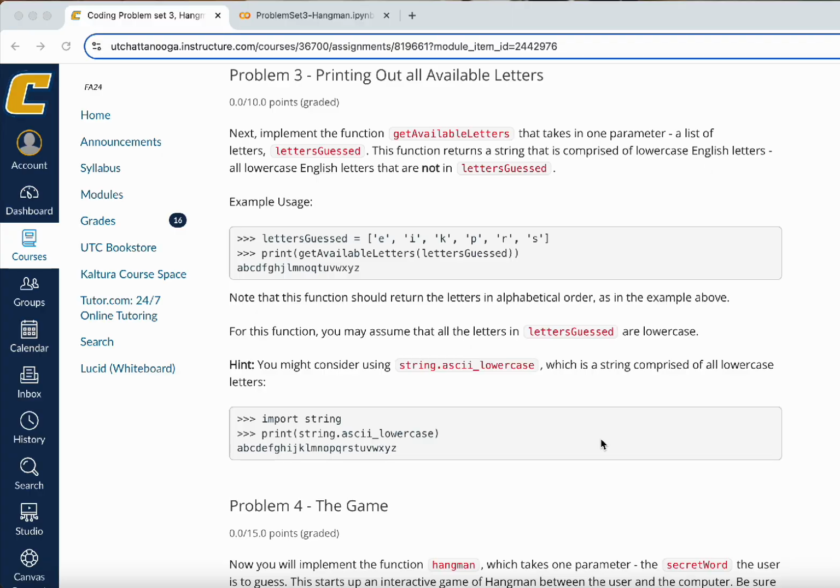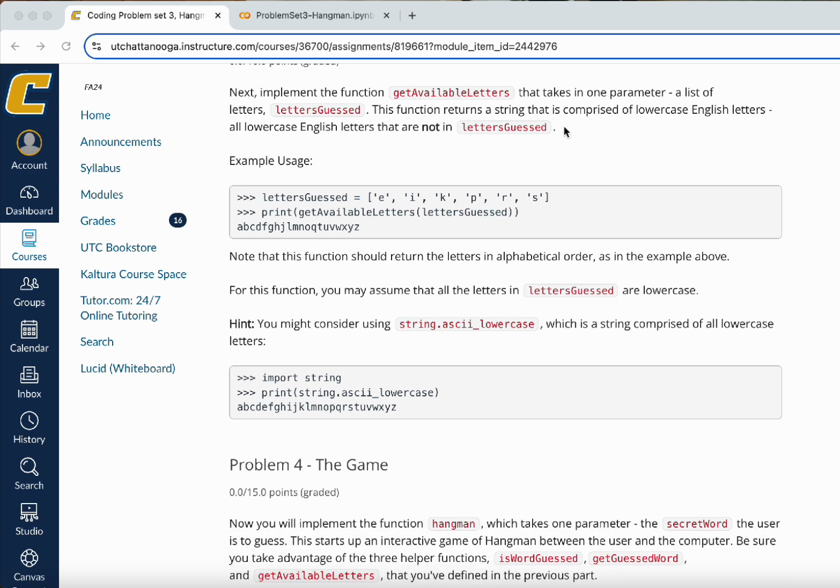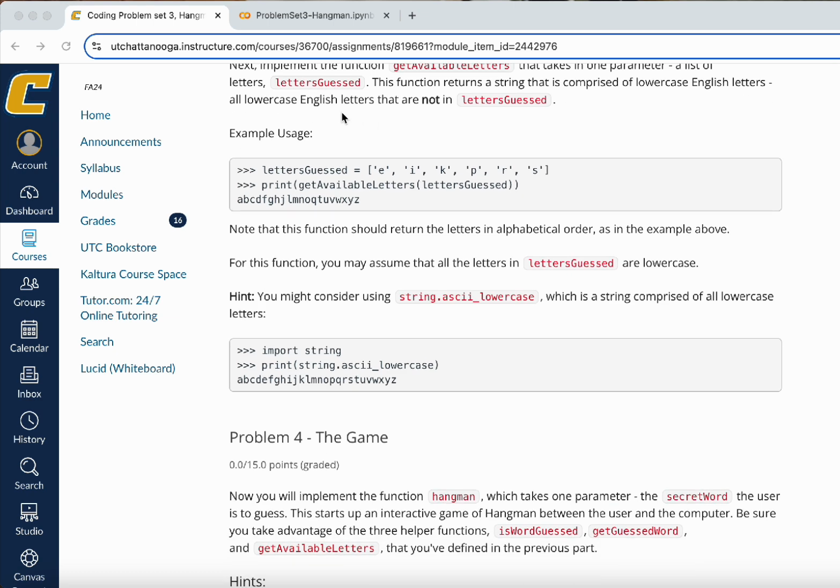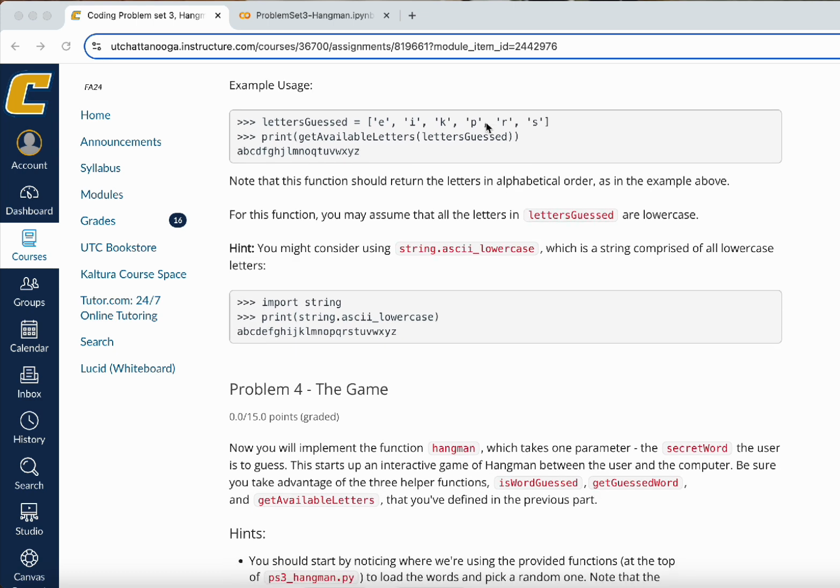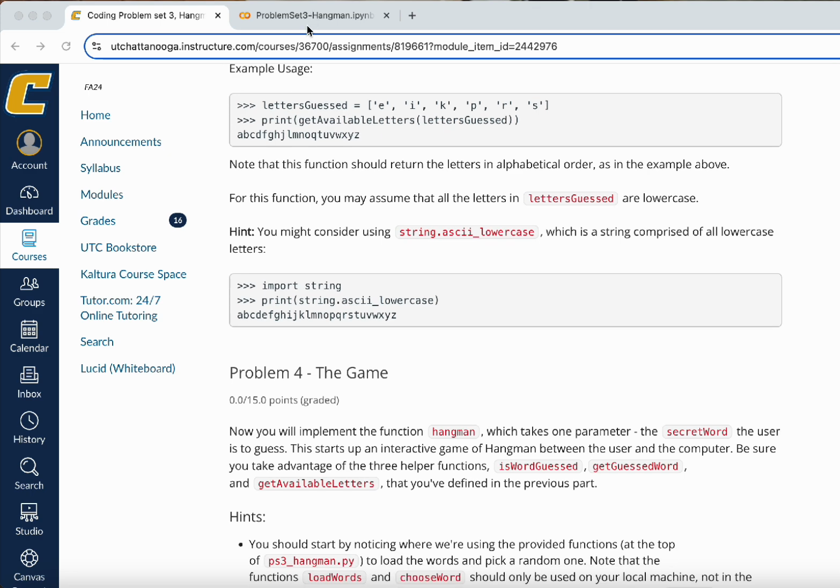Problem 3 is going to focus on implementing the third function, which is going to be called getAvailableLetters. This is going to take in 1 parameter, which is going to be a list of letters called lettersGuessed. The function will return a string that is comprised of lowercase English letters. It'll be all the letters that have not been guessed yet, and I'll explain that a little more in just a moment. So if we head over to our code here,